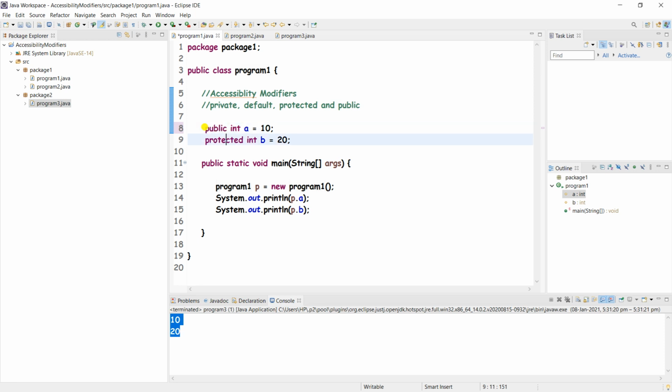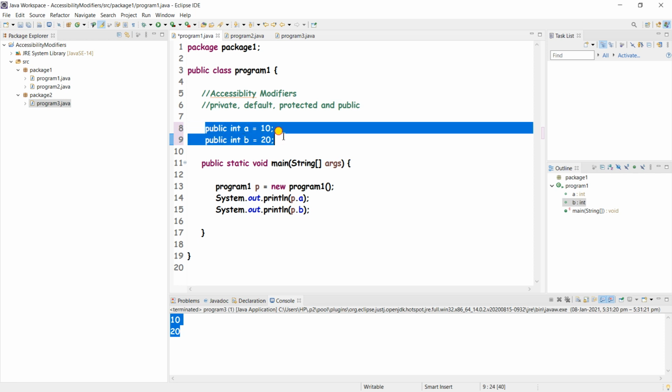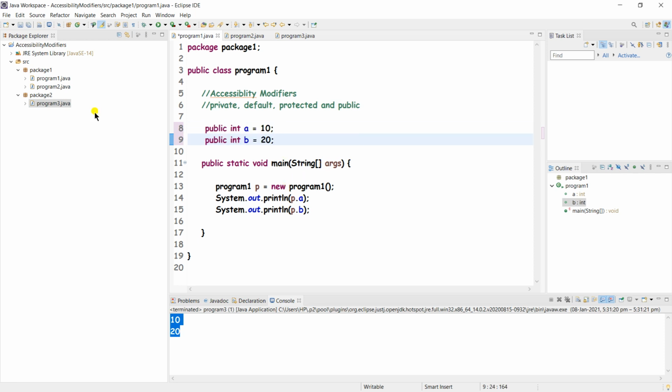public. Here I have declared these two variables int a and b as public, right? So public members are accessible within the class, within the package, and outside the package as well.